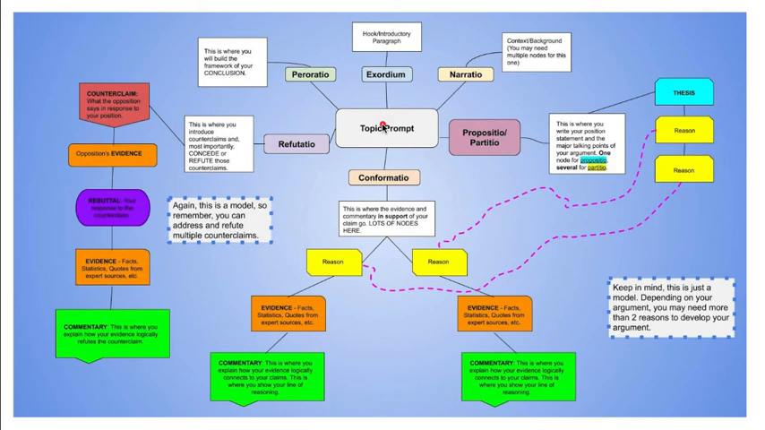Okay, this is the question you are being asked. Now, why it's really important to make sure that this center node, and that's what we're calling each of these little bubbles, a node. This center node is the topic or the prompt because this is the anchor for our whole argument. So you want to make sure, especially when you're looking at an AP prompt, you know exactly what that topic